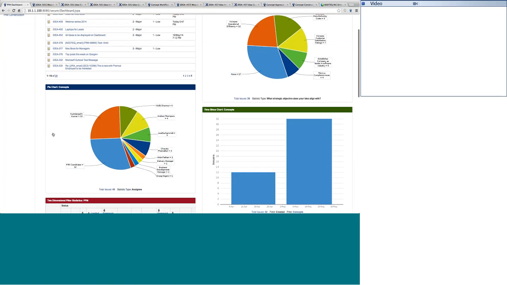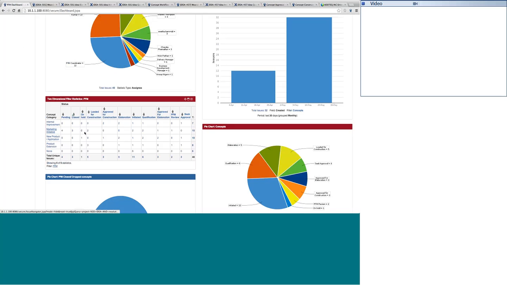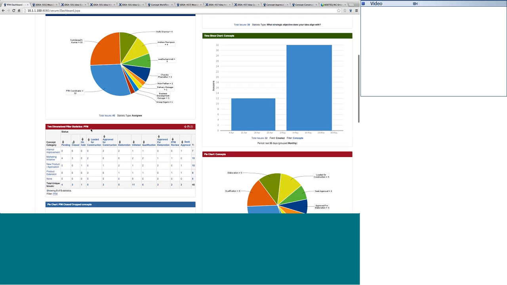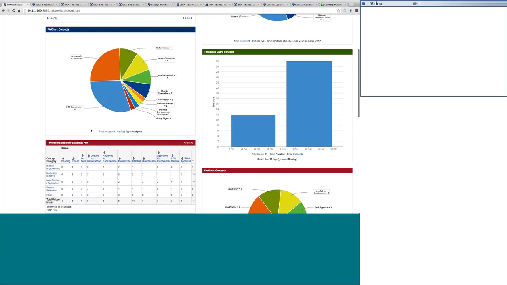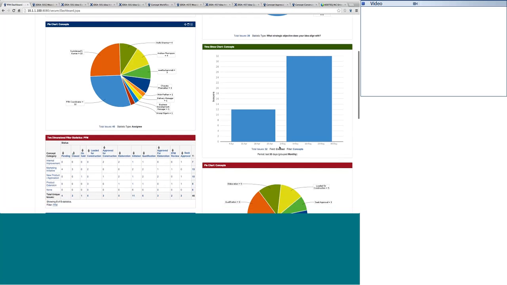This is just a set of gadgets that you can use, or maybe a time frame chart to see how many ideas were created since last month, or a pie chart to show you the status, how many ideas are in qualification, or how many ideas are in initiated status.